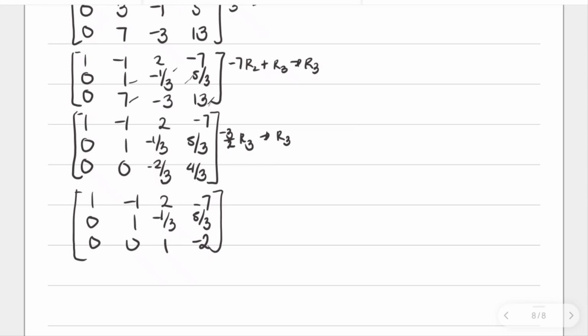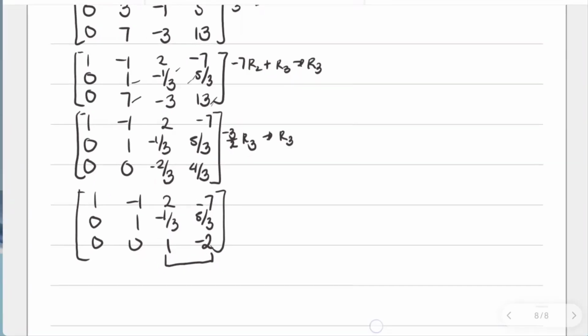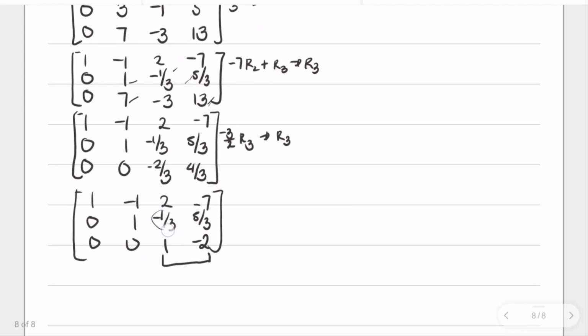Now we already have the result here, and we can use that to solve, but since I do have fractions here, I'm just going to continue and make